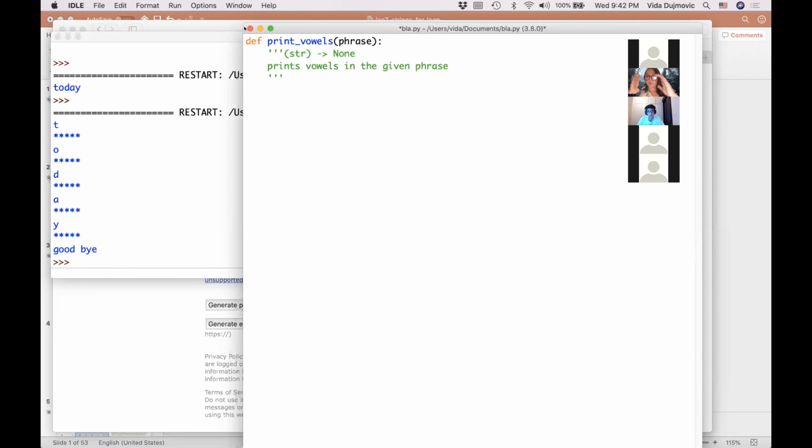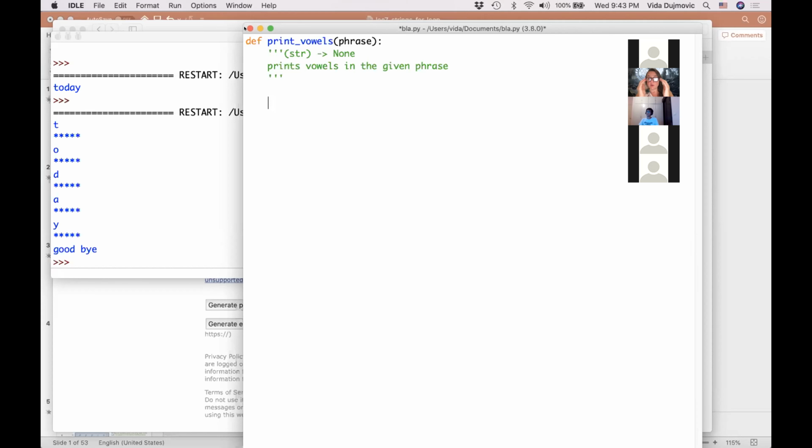Whenever you want to solve a problem, please first solve it on paper. I keep insisting on this, and try to verbalize the algorithm steps, specific steps. So how do you solve this problem? If I gave you a string with 200 characters written on a piece of paper, how would you do it? I bet you would start at the beginning and look at the first character. Is this a vowel? No, you move to the second character. Is this a vowel? Yes, you write it down. You go to the third character. Is this a vowel? No, you move to the next one. Is this a vowel? Yes, you write it down.